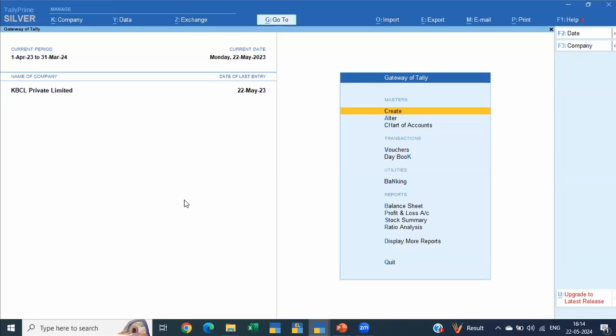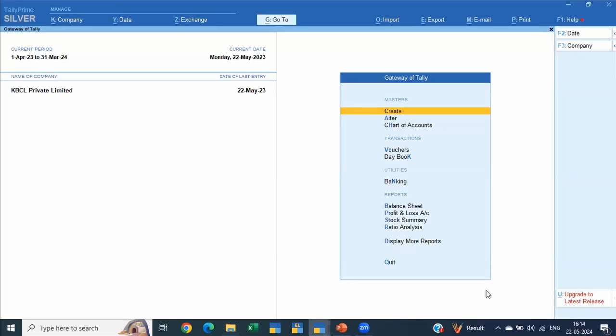Just two queries, Monika ji. One is, can we create a single ledger for a particular expense like printing and stationery for availing GST input, and also not for availing GST input, because sometimes we avail input and sometimes not? Like one thing with GST and one without GST, but the same object. Is it possible?